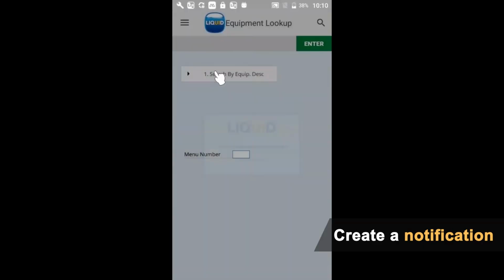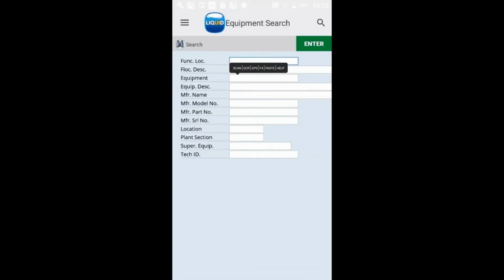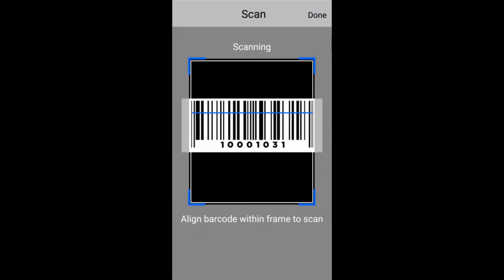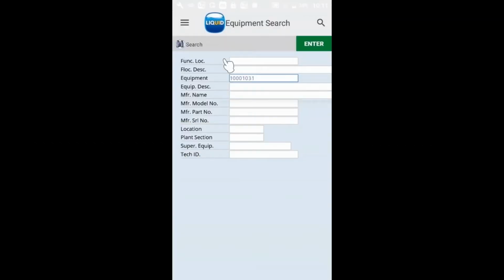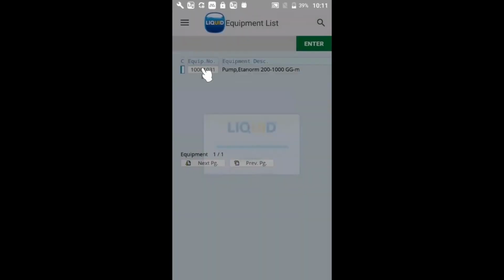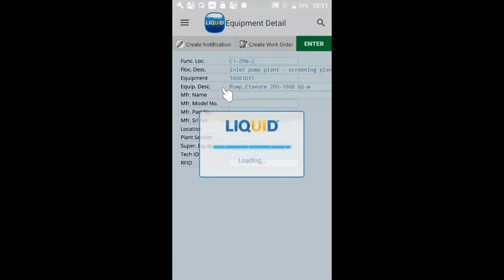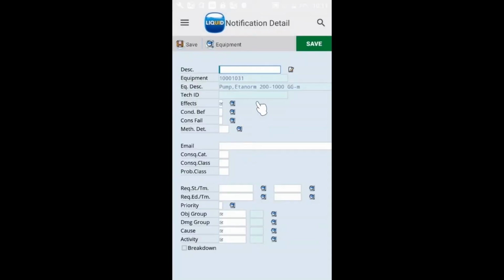So we'll start by creating a notification here. The way we're going to do this is we're going to imagine that we're out on the plant floor. We notice something's going on with a piece of equipment. It has a barcode on it, so we're going to scan that barcode. I'll just scan that right in there. Now let's look up. And so this is part of the lookup data set that we've defined. We see that it's included in that data set. Select this piece of equipment, and notice that from here we can jump into either creating a notification or creating a work order. So for now we'll just create a notification,